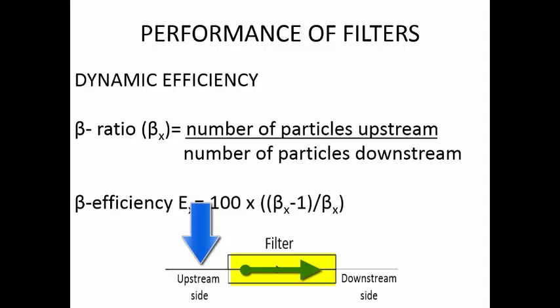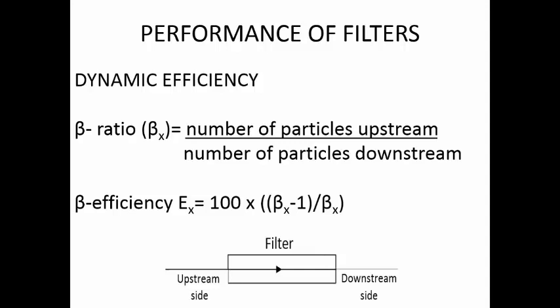Now, for example, you have 4 particles present in the fluid, and it is coming into the filter. After the filtration is performed, on the other side, if you use a particle counter and measure the number of particles, you find 2 particles present. So 4 particles are entering the filter and only 2 particles are leaving. Now, why are the 2 particles leaving? They may be escaping because the size of the contaminants is smaller than the pore size. That is the reason why they may be escaping.